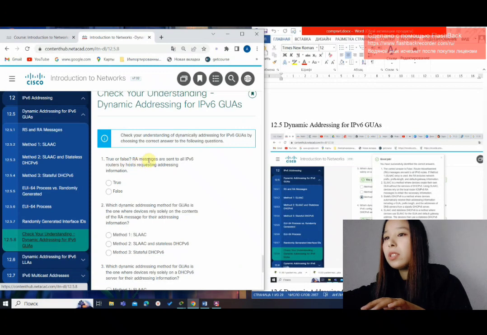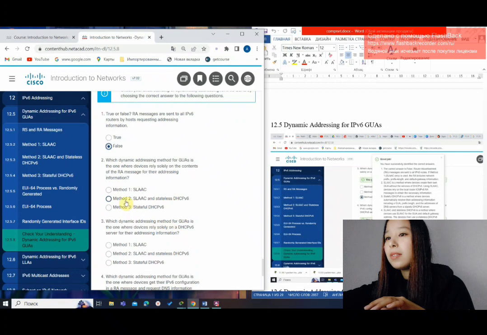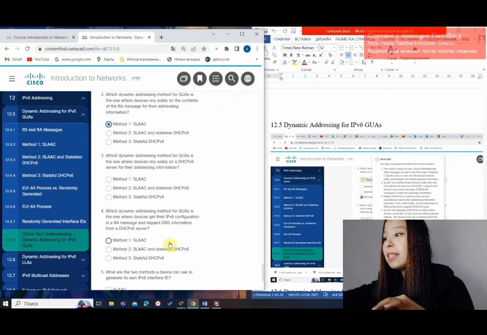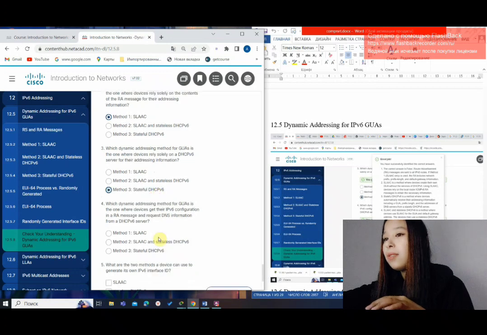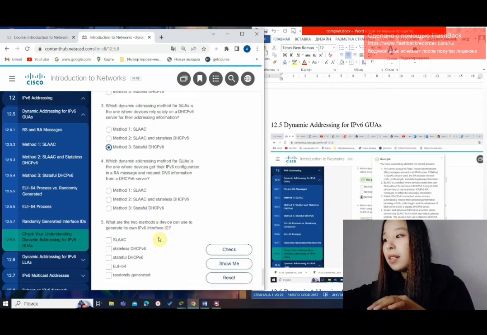The answer is false. And the next one, LLAs. So the next answer is stateful DHCPv6. False one is about method 2, and the fifth is